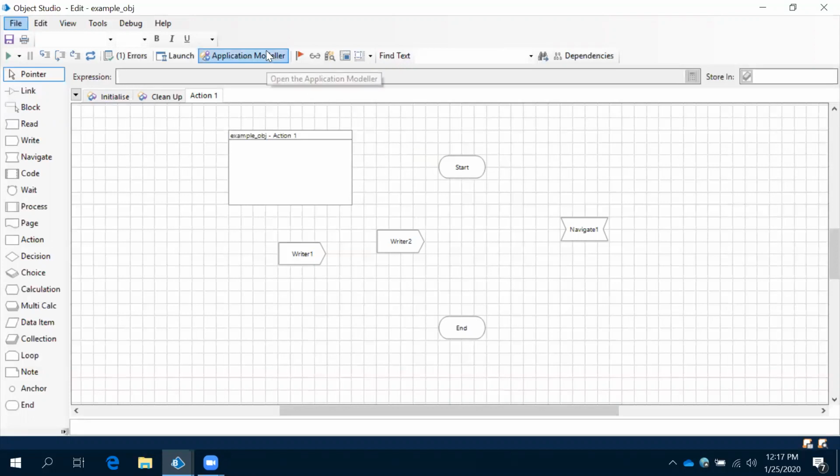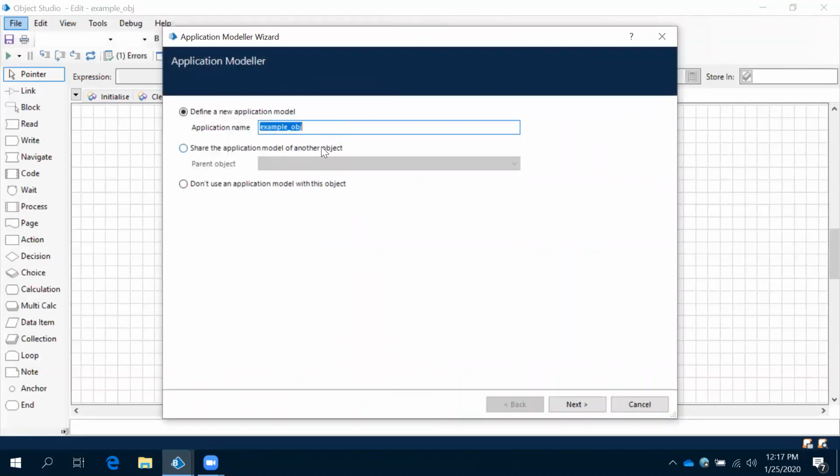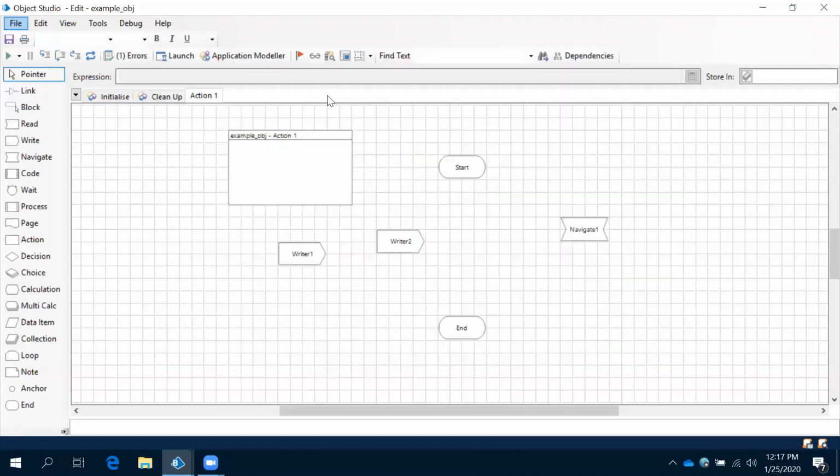For that, you have the application modeler. In the application modeler, you are going to give your application executable file if it is a desktop application, and if it is a browser based application, you are going to give the URL. You are going to tell Blue Prism we are going to work with gmail.com, or you are going to work with google.com. That is the URL we will give. Then Blue Prism will understand, okay, I need to work with this application. And we are giving the application in the application modeler.